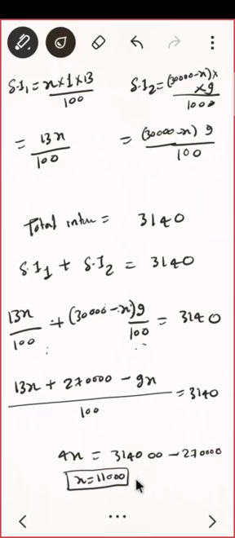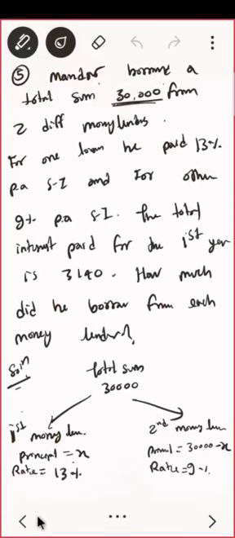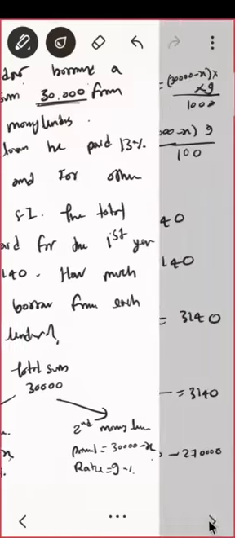Okay, good. So that means what is the principal? That is, he borrowed 11,000 from... What is principal for the first money lender? He borrowed 11,000 from this guy and 30,000 minus 11,000 from the second money lender. Agreed? So what is that? 19,000. So you may write in the final answer, that is from the first money lender